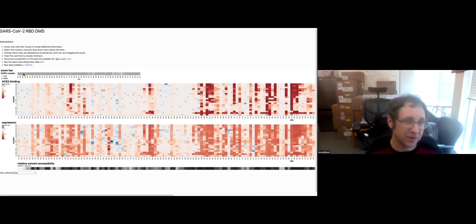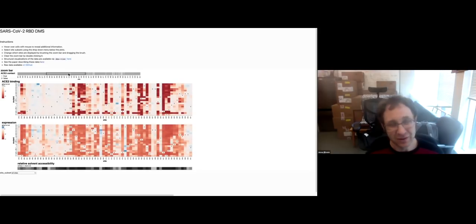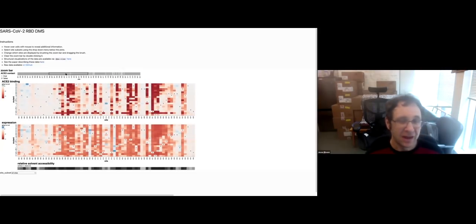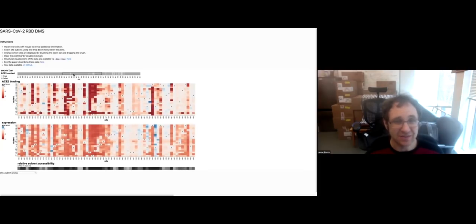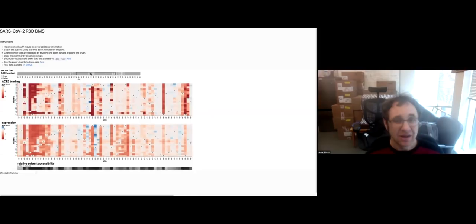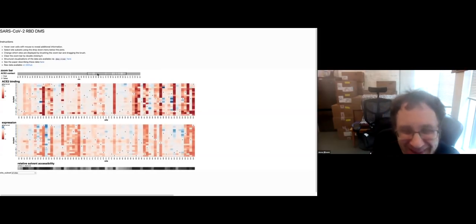So you can observe a couple of things if you just look through these heat maps. There's a lot of red because it's well known that most mutations to proteins are deleterious. There's quite a bit of white. It's also well known that typically there are a lot of fairly neutral mutations to proteins. And then there's some scattered blue, which means there are some mutations that enhance these biochemical phenotypes. And so these maps are kind of boring if you don't care about the receptor binding domain.